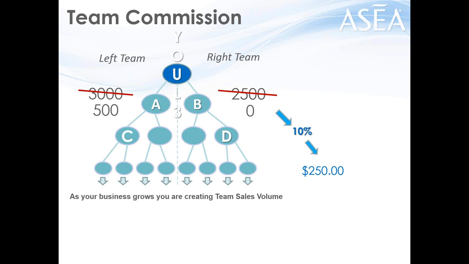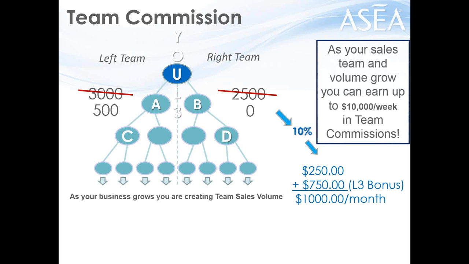points of volume. Okay, so it carries forward as long as you're active, which we talked about earlier, just having that 100 points each and every month, 100 points of volume personally will make sure that you continue to carry forward volume in the plan. So if we add the 250 here to the 750, that's where we get to $1,000 a month. Okay, so you can get up to $10,000 a week or $40,000 a month just from the team commission portion